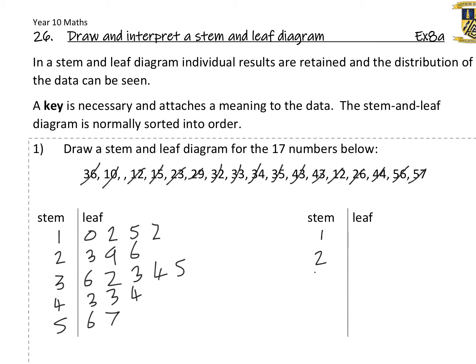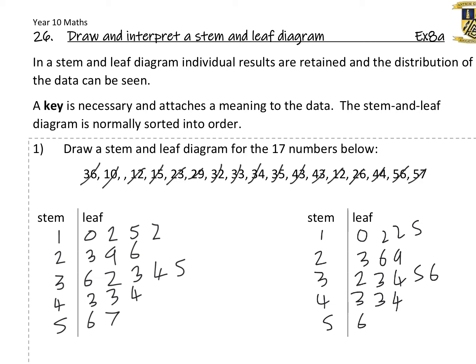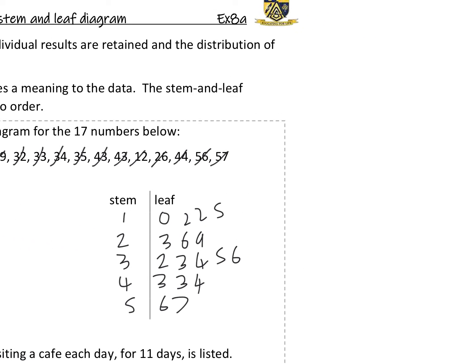So still keep the same stem, but we just reorder the data from smallest: 0, 2, 2, 5, 3, 6, 9, 2, 3, 4, 5, 6, 3, 3, 4, and 6, 7. Now it's in order, that would be 2 marks. And the final mark would be for a key. Now the key would just say something like 5, 6 means